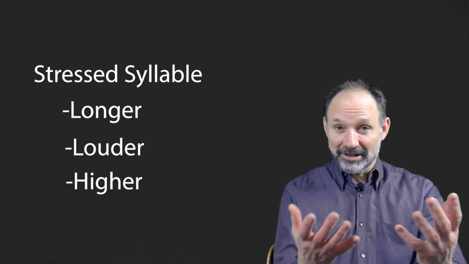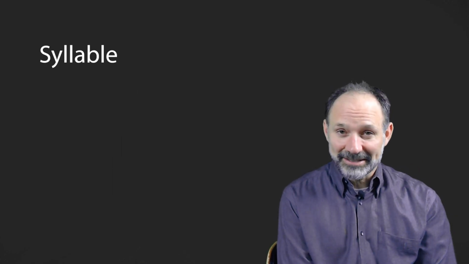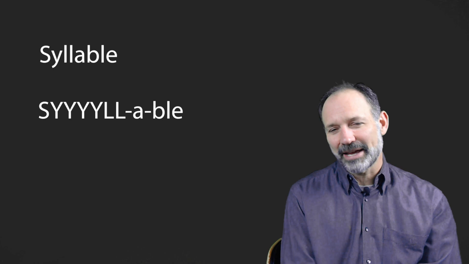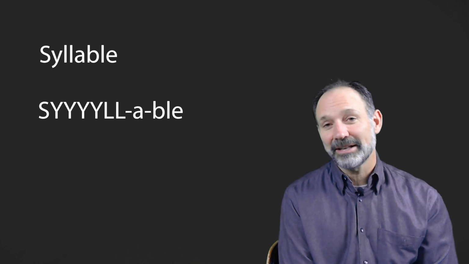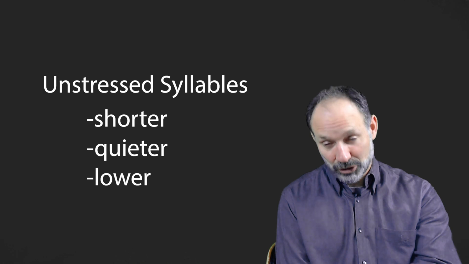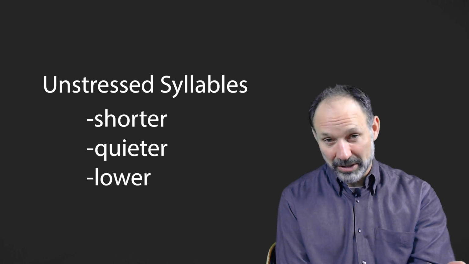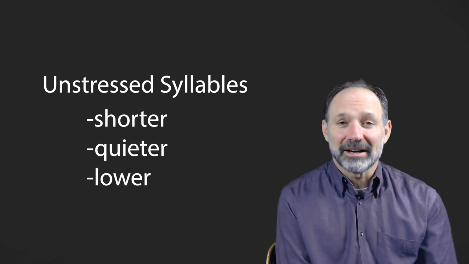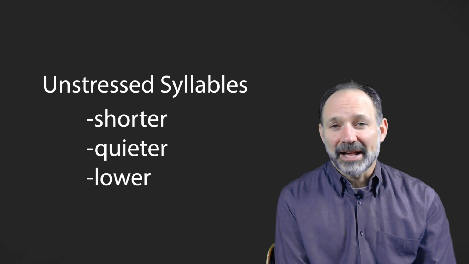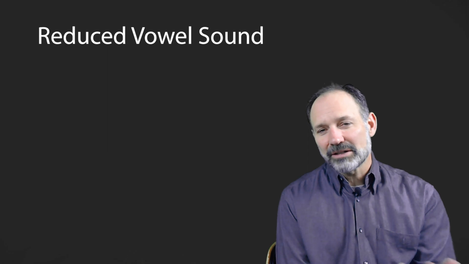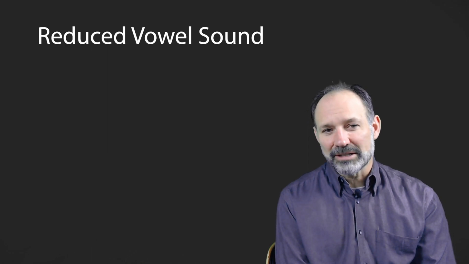So if I look at the word syllable, the first syllable is stressed. Syllable. You can hear I can stretch out that first syllable. Syllable. Now, unstressed syllables are a little different. Of course, they'll be shorter, quieter, and lower. But there's one more thing that you can recognize with a lot of unstressed syllables, and that is the reduced vowel sound. For a lot of unstressed syllables, the vowel is reduced to